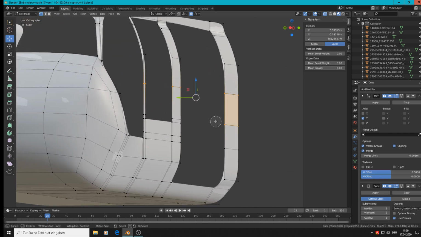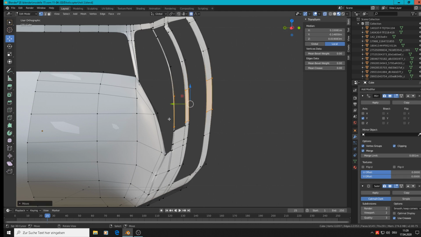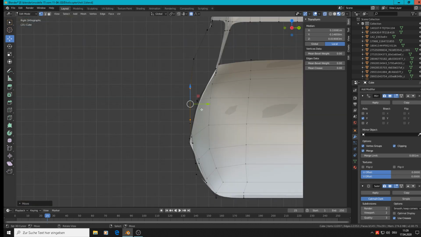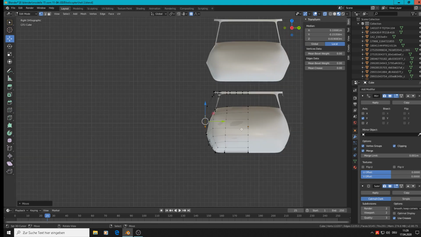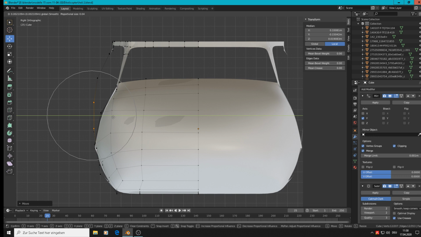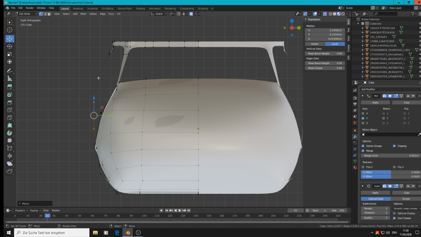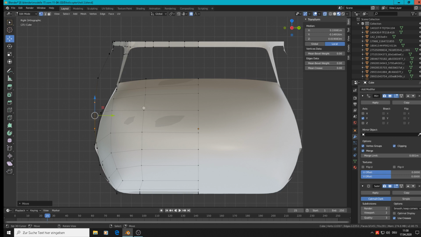So we get here this part, and then grab Y, look from the front, yeah, and grab Y, yeah, that makes sense. Maybe a little less. This one makes me not feel good, so grab Y, roll a little with the mouse and try it,